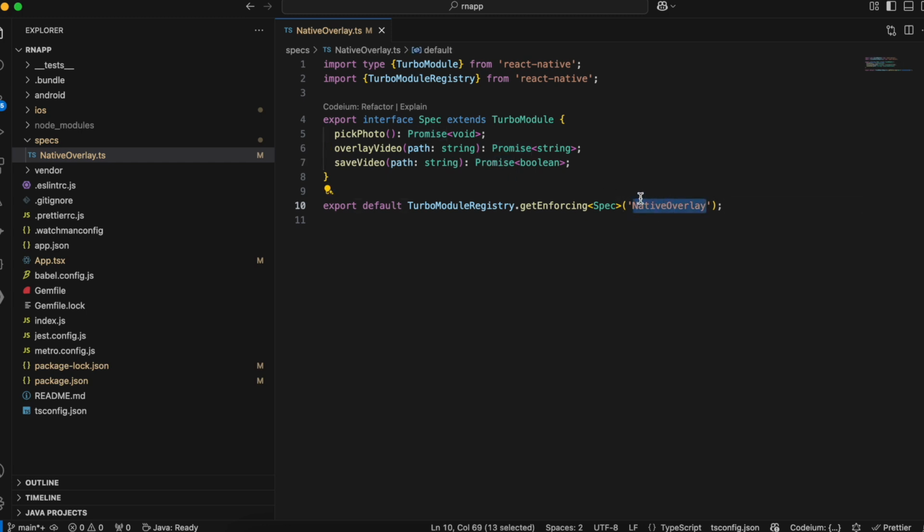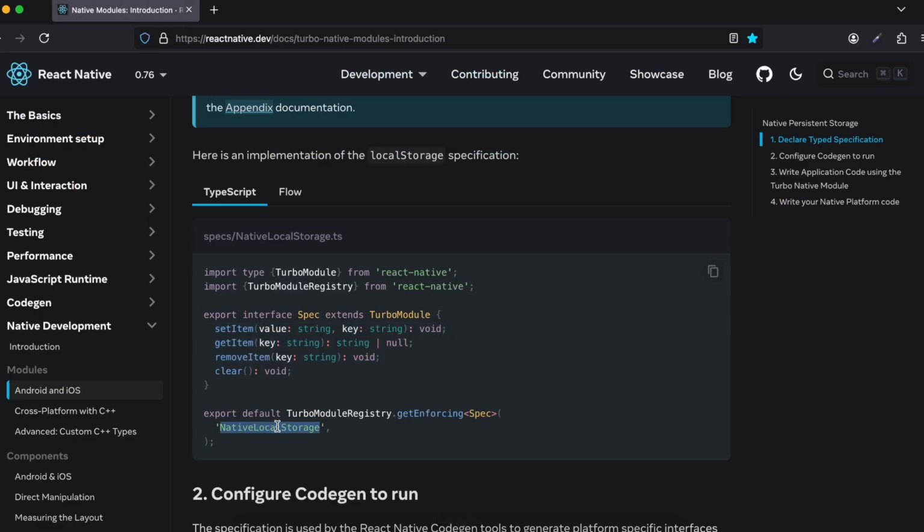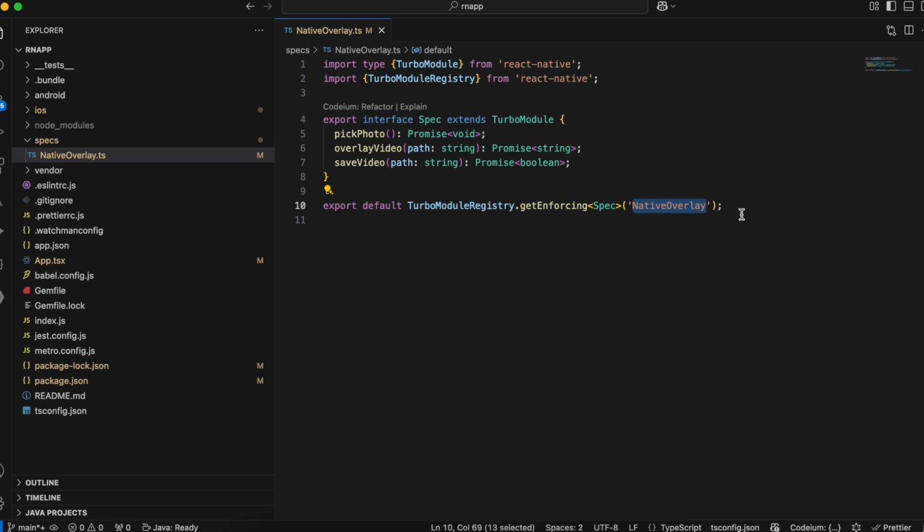And here I have just renamed this to native overlay, whatever is our TypeScript file name. We can't use native local storage as they have given over here, because our file name is different. So once that is done,